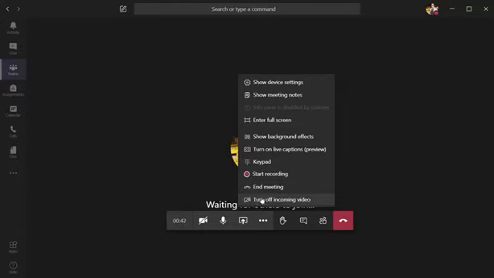Out of this, I guess the start recording option is very important, because when you are conducting the class, it may happen that some children are absent for the class. So if you want to show them the recorded class, keep this button enabled, start recording, and record your class, which will be recorded and stored and seen as a notification in Teams.